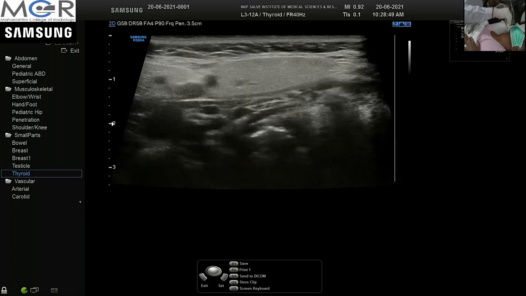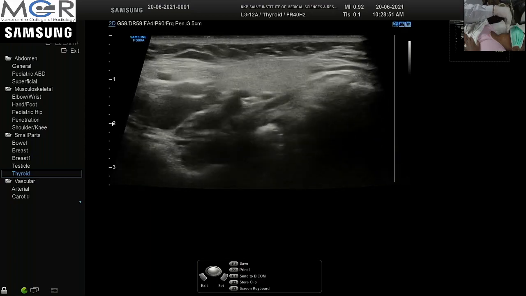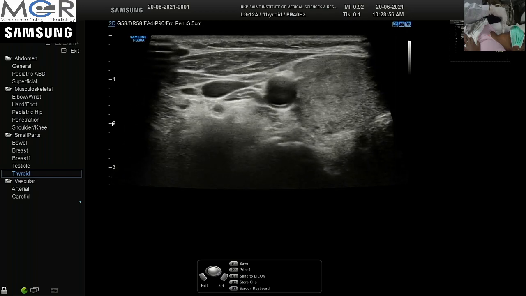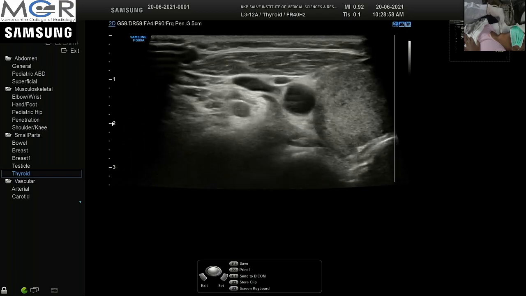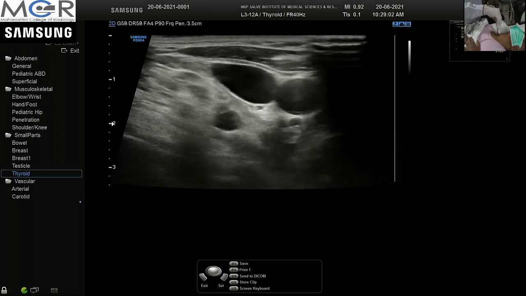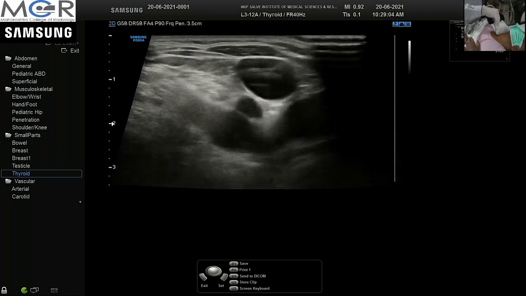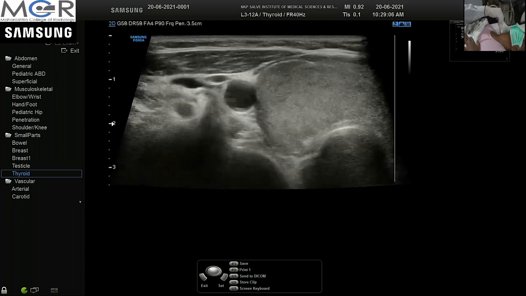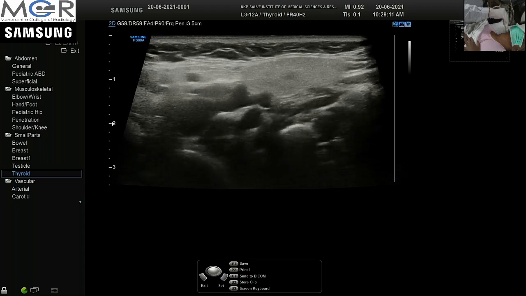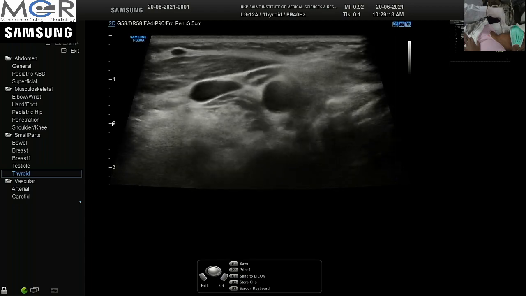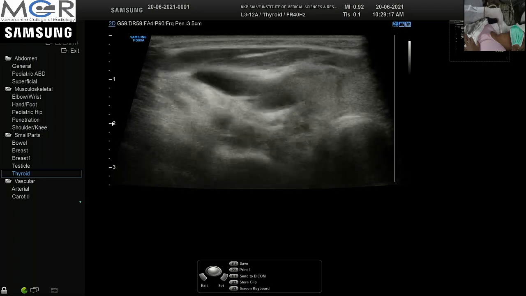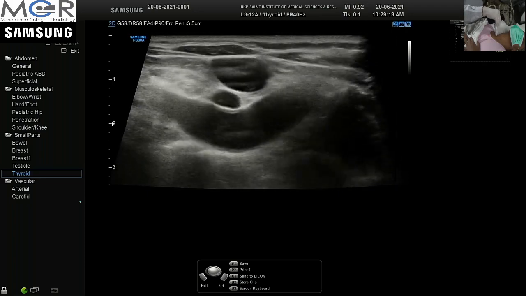Again, it is very simple. Keep your probe vertical in the transverse section. Just come down from the submandibular gland, follow the jugular vein. You will see thyroid medially, common carotid, other vessel, vagus nerve, lymph nodes. So if you follow this track, you will see most of the lymph nodes because you are covering right from level 2A, 2B, 3 and 3A, and 4 below the cricoid cartilage.